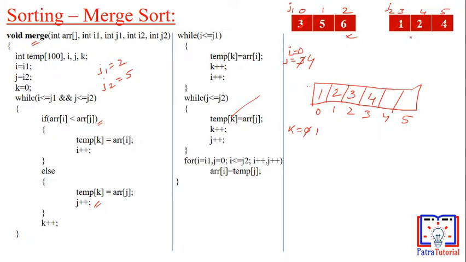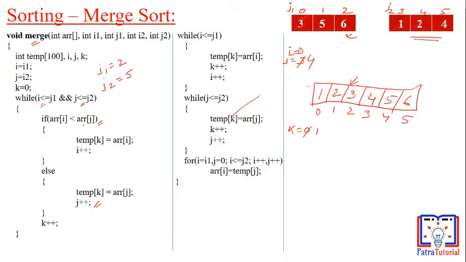Now see, this array is completed, right? The condition is that j must be less than j2, right? But now this array is completed. All the elements of the second list are already present in the resultant array. So this condition will not be satisfied anymore. So what we will do is, i is less than j1. This condition is satisfied, right? So now all the elements of this first array will be put here one by one, 5 and 6,